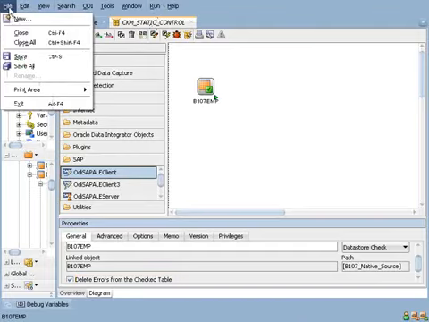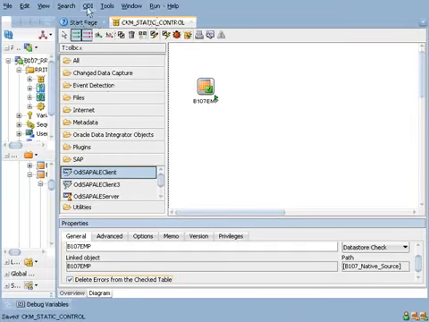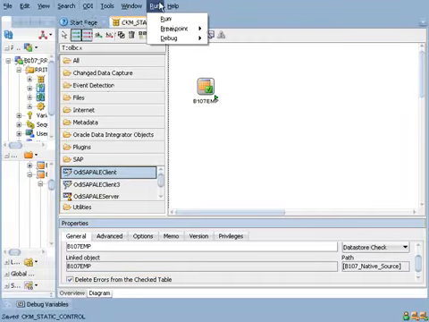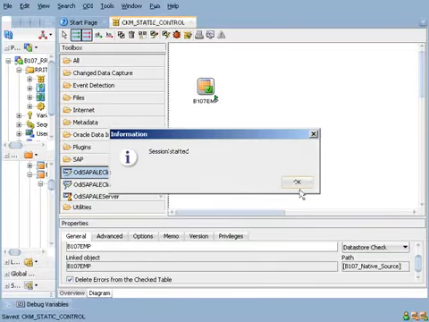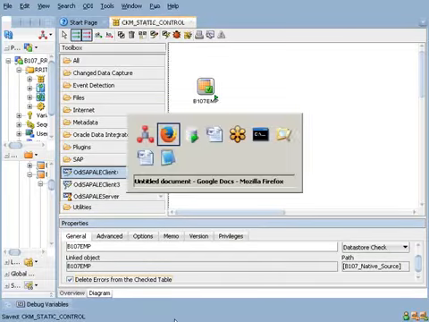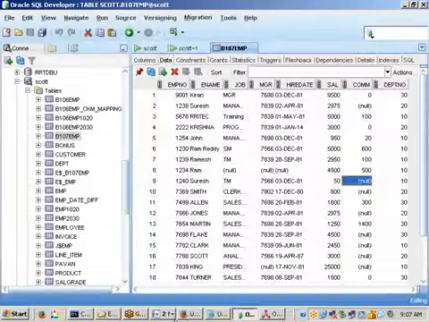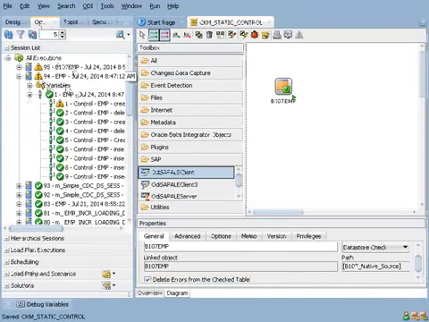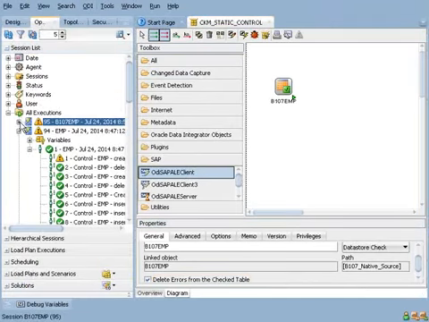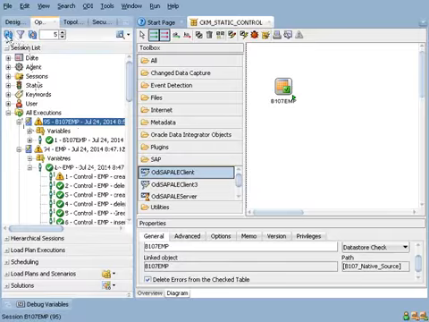Click on save and go to the run. Click on save and click on run. Go to the operator tab. Then observe